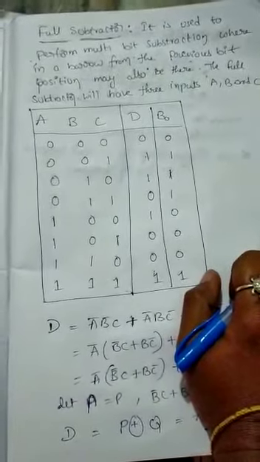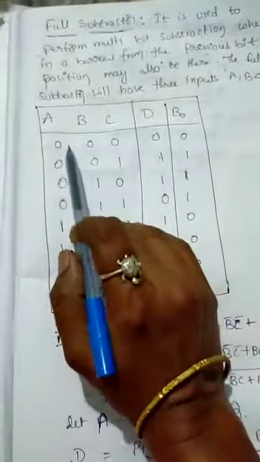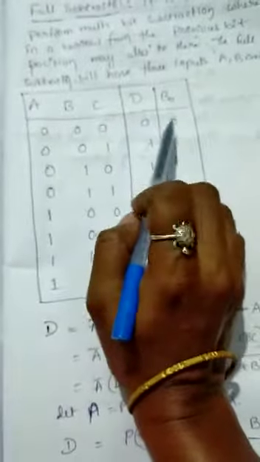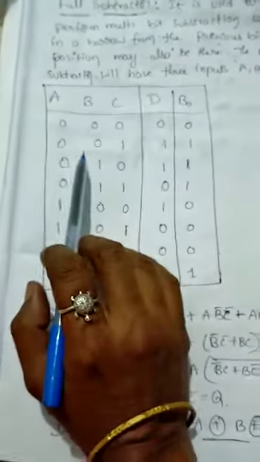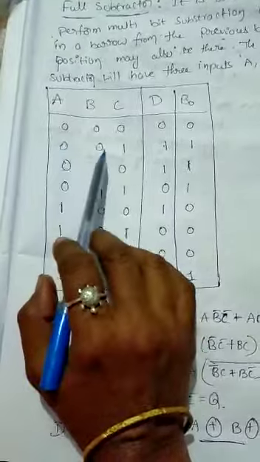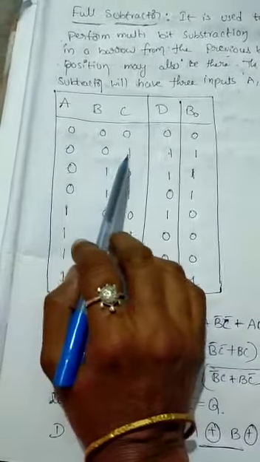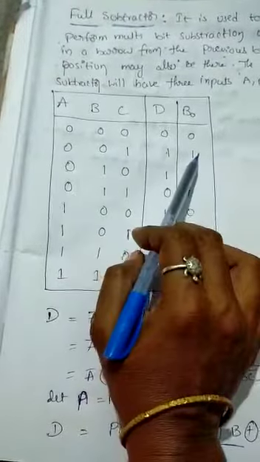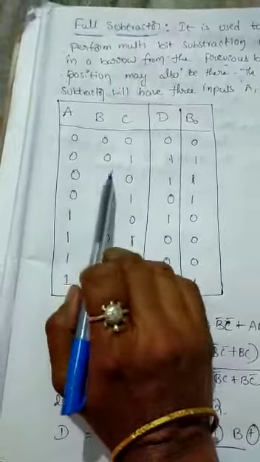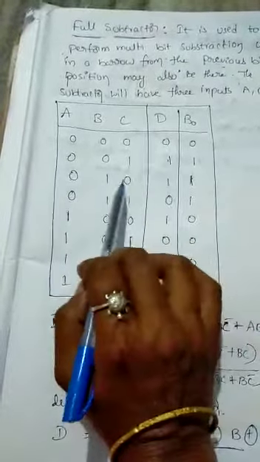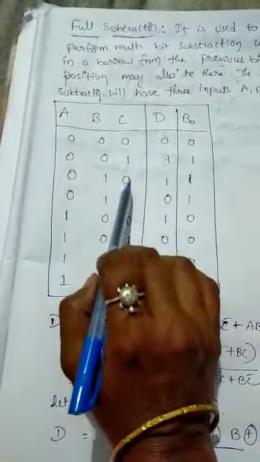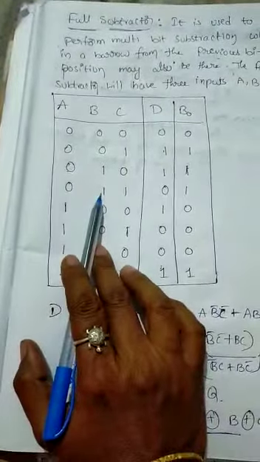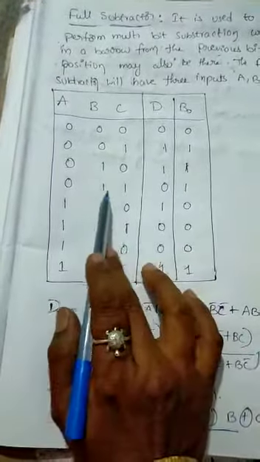Again we use the same thing: 0 0 0, 0 minus 0 minus 0, we are getting totally 0. Again if you observe, 0 minus 0 minus 1, 0 minus 1 means 1 is the difference and 1 borrow will be obtained. Here also 0 minus 1, 1 is the difference, again borrow. Again 1 minus 0 is 1. 0 minus 1 we are getting the borrow as 1, but 1 minus 1 is 0.